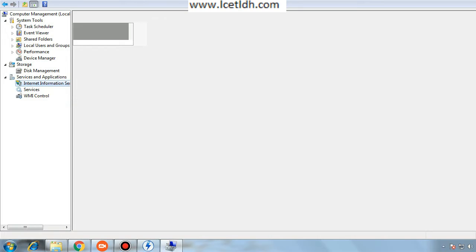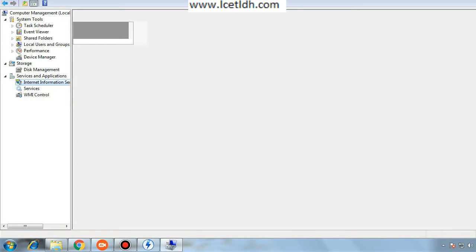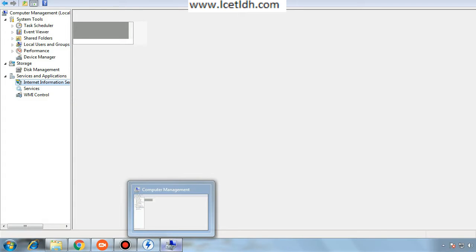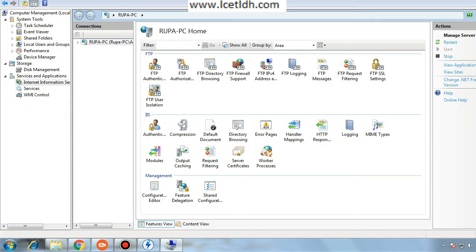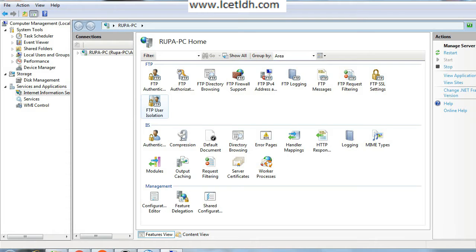Now here it is taking some time. Okay, as the processing is complete, now you can see various informations and various things related to this FTP are now being shown to you. Now we can enter how we can enter a site.